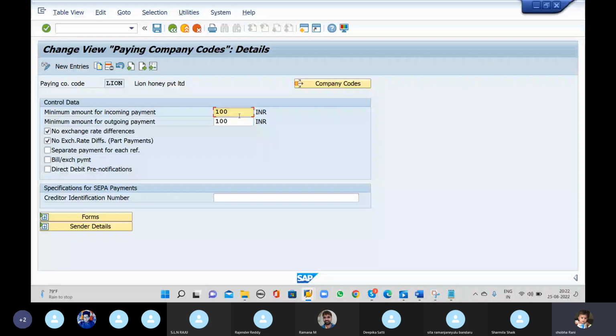Whenever we are paying vendor invoices, we are supposed to pay 100 rupees, and below 100 it will not be cleared automatically. We need to clear it manually. And here there are no exchange rate differences. If we want to calculate the exchange rate differences also, then we need to click on this. And also, as part of payments, here